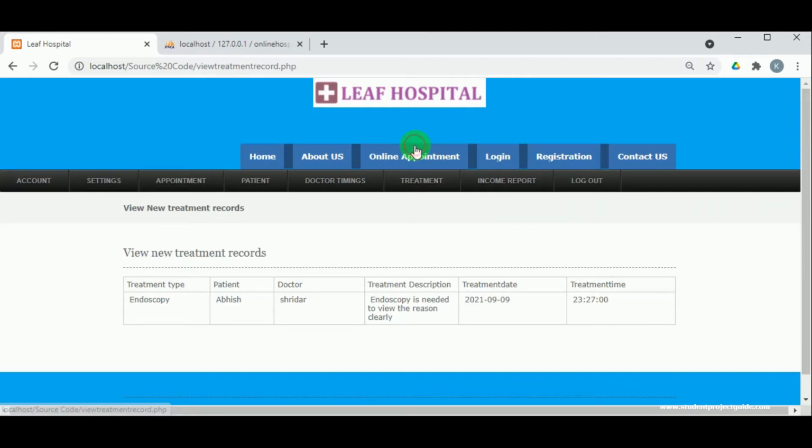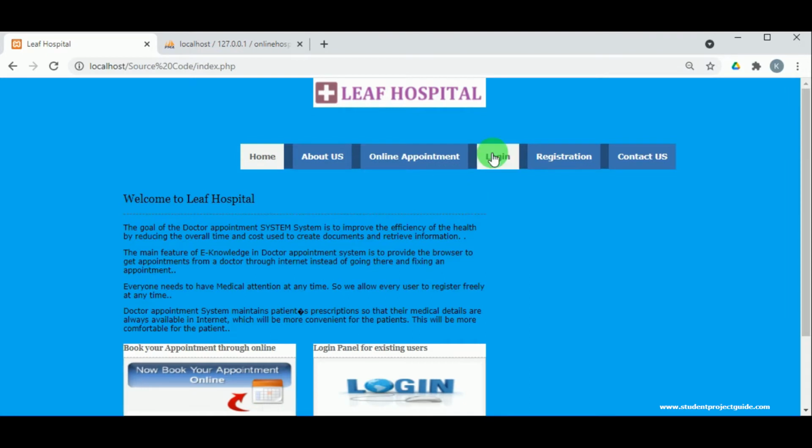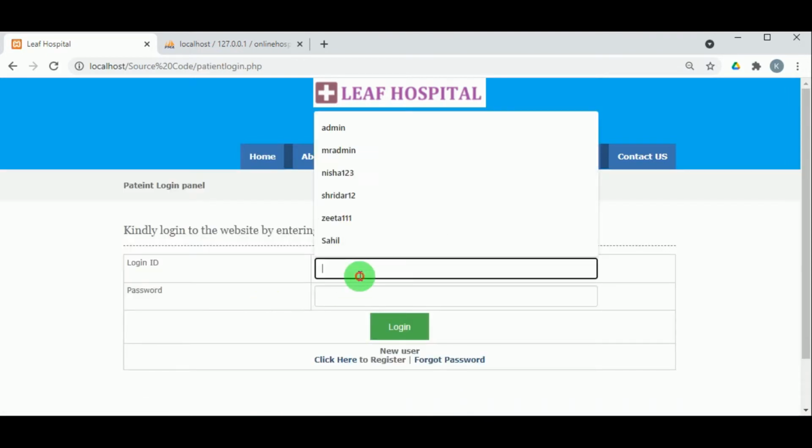Then under view treatment, the treatment made can be viewed here by the patient. Under income report, here the doctor can view their income report, that is per patient what is the charge. So now let us log out from the doctor and let us log in as the patient.